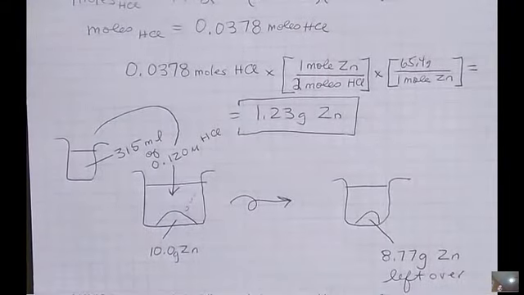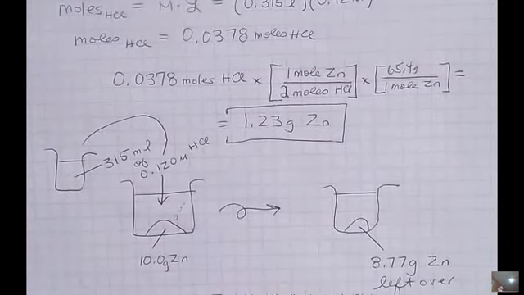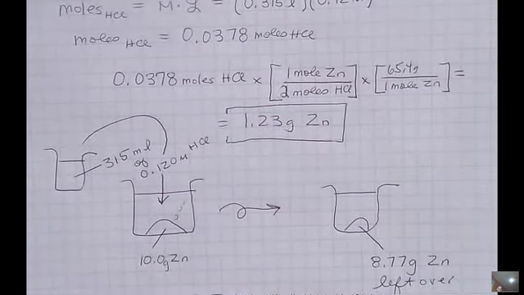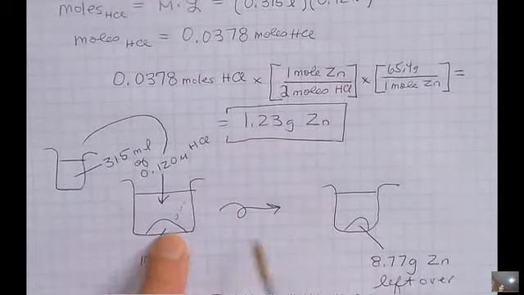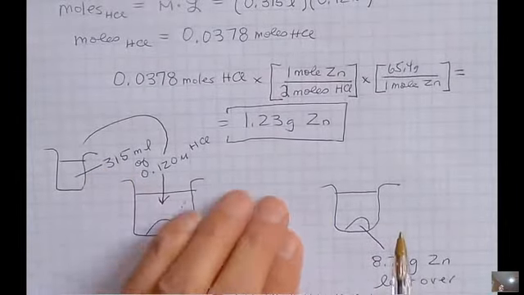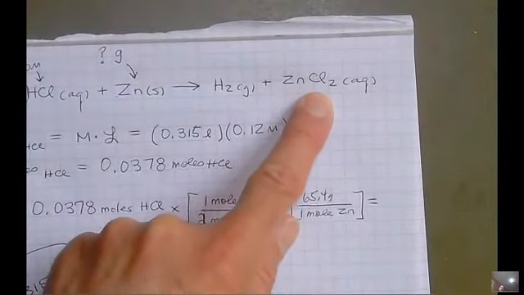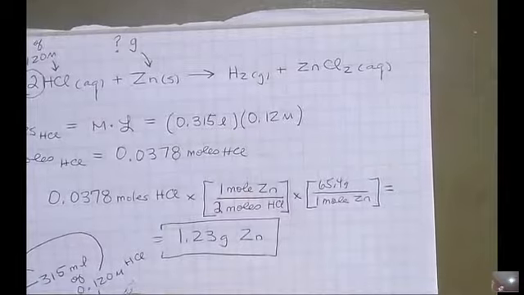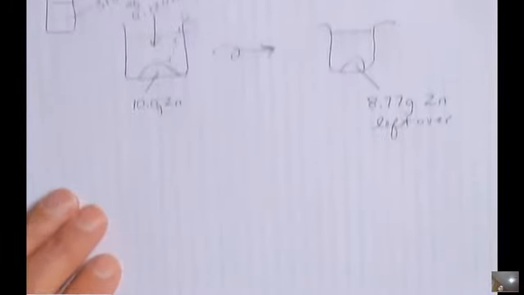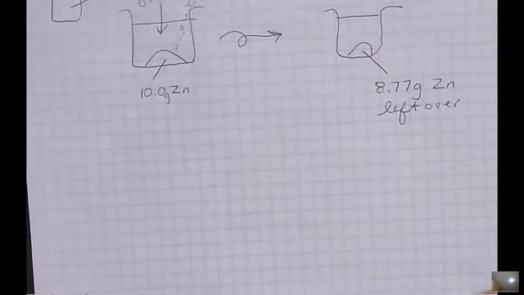Okay. Or I could have started with exactly 1.23. Let me just make sure that's right. Or I could have started with exactly 1.23 grams and both of them would be annihilated and basically I'd be left with just salt water. I'd be left with zinc chloride, and the hydrogen gas would be bubbling off of this like crazy. Okay. All right. I know this is a little bit longer than we had hoped,